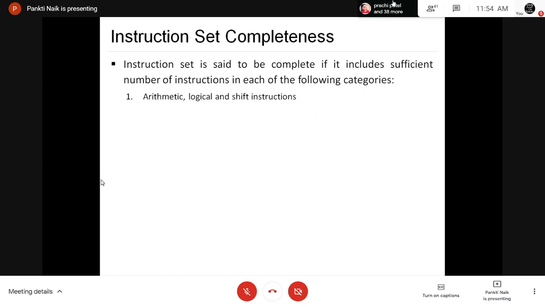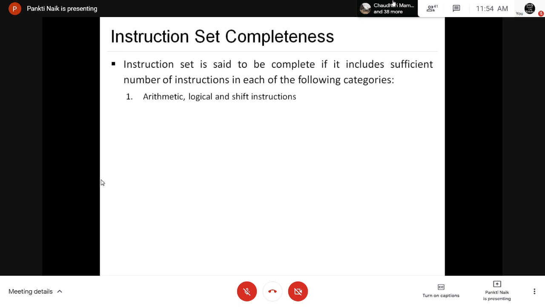So instruction set is said to be complete if it includes sufficient number of instructions in each of the following category. Right? તમારું કોઈ પણ instruction set છે, right? એ ક્યારે complete થશે? A computer should have a set of instructions so that the user can construct machine language program to equivalent any function that is known to the computable.